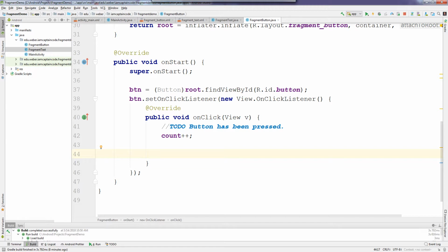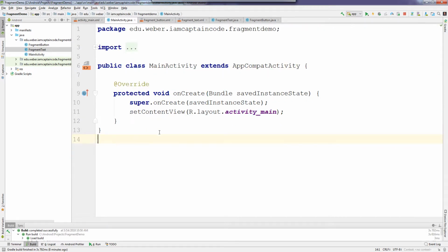Now in this first example, we're going to show you a hard-coded, down and dirty, simple way to make this happen. It should never happen in a production app, but it'll help the interfaces make a little bit more sense if you see the harder way to do it. The less flexible, more rigid, maybe that's a better way to place it, is the more rigid way of accomplishing this task. The way we'll do that is what we're saying then is this fragment needs to call a method on my main activity. So this main activity, we might have a public method, for example, that doesn't return anything, accepts our int count,